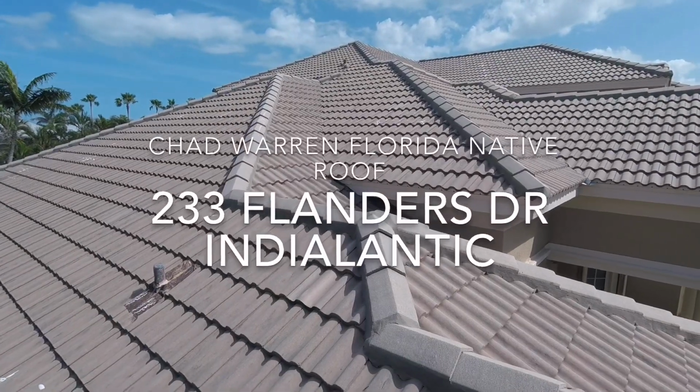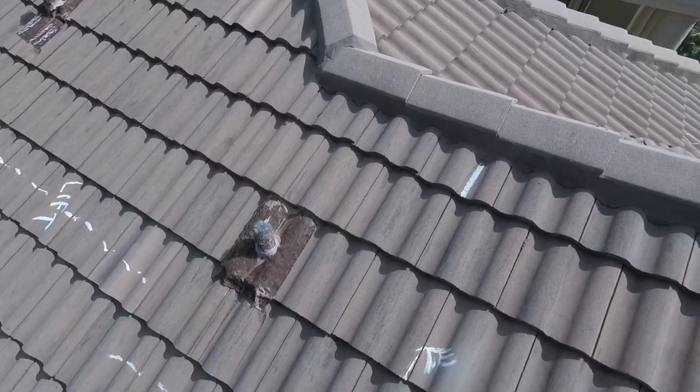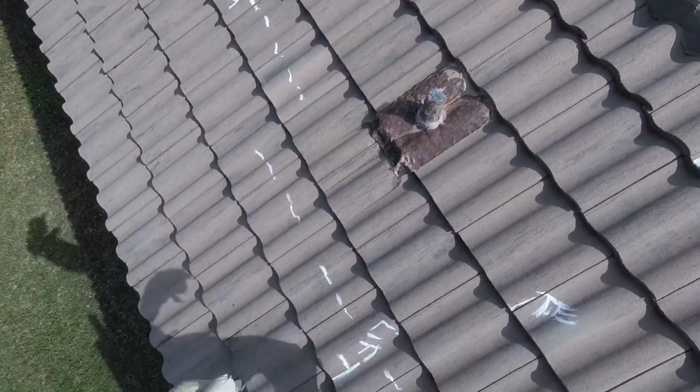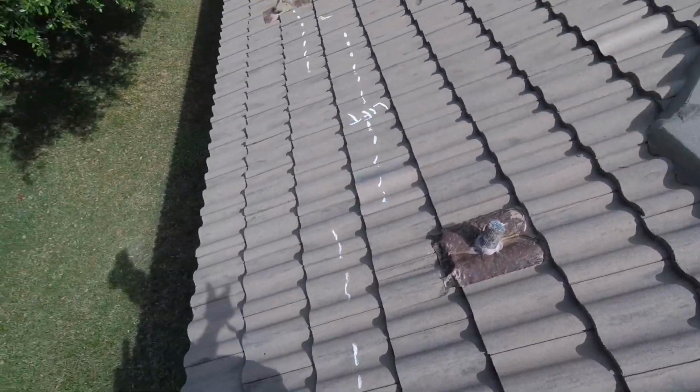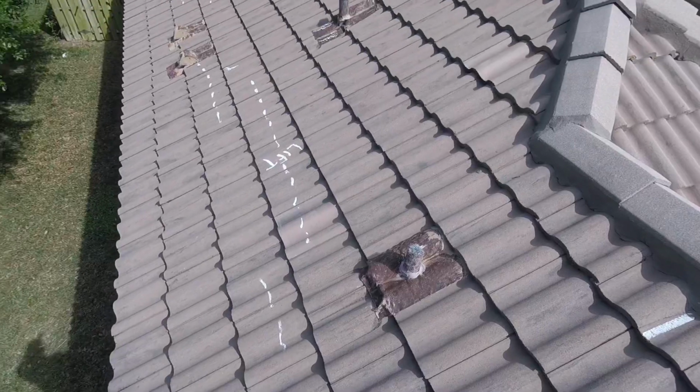Getting up on the roof at 233 Flanders Drive in Indialantic, inside the Cloisters. Dr. Pippick asked me to come out to inspect the roof. I'm from Florida Native Roofing. After talking to a few of the neighbors about getting their roofs replaced due to hail damage, like this neighbor and a few other neighbors on the street, he asked me to come out and inspect the roof